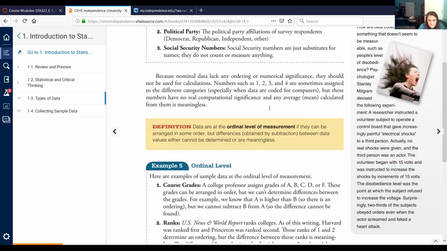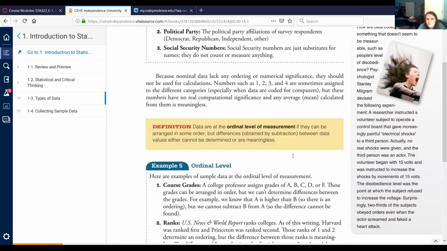Sometimes you see these on a scale of 1 to 10, rate the following about your class. Those are really nominal. We calculate them up and figure out something, but there's very little computational difference in that. Then we have ordinal, which are data that can be arranged in some order, but differences